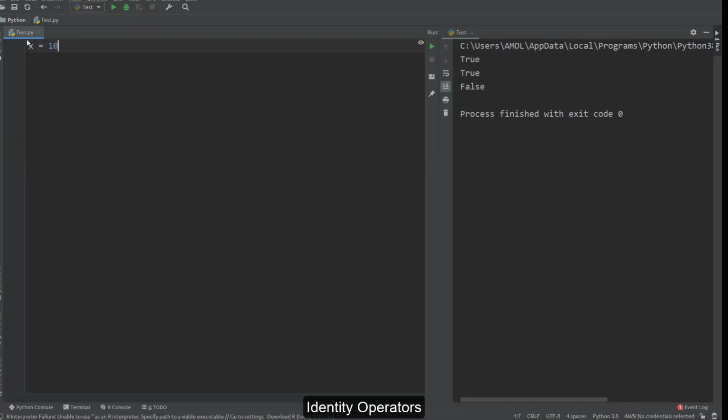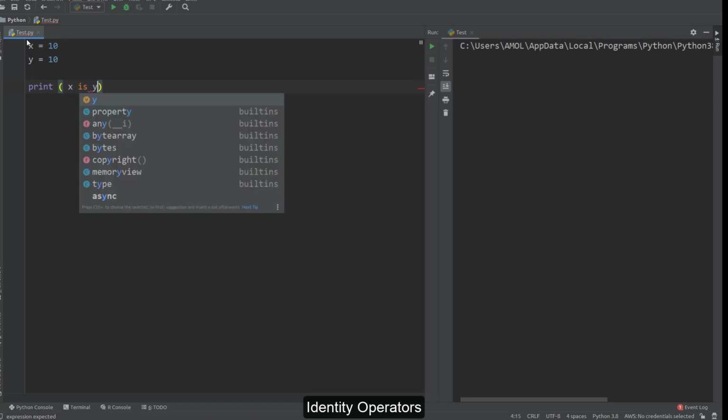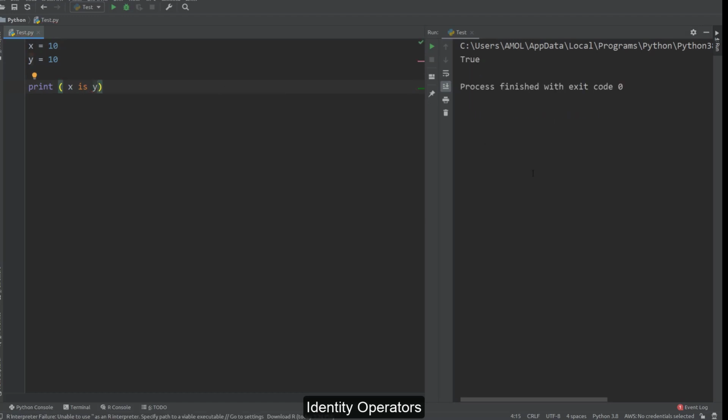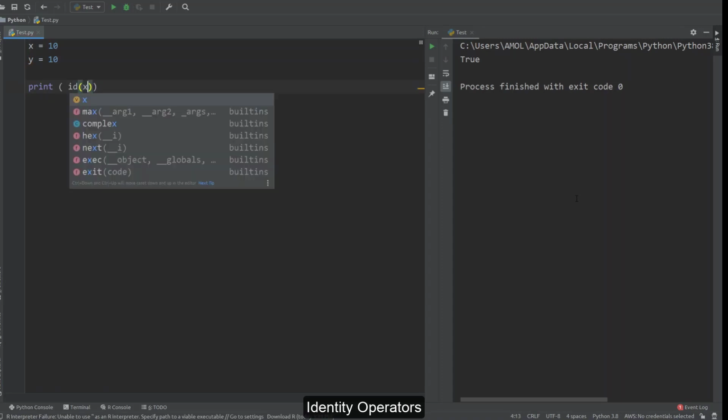Here we have two variables x and y having the same value, and if I print x is y, it is printing true. Now what we said, the is operator is actually not checking values, but it is checking objects. See what it means. We have one library function, that is id.